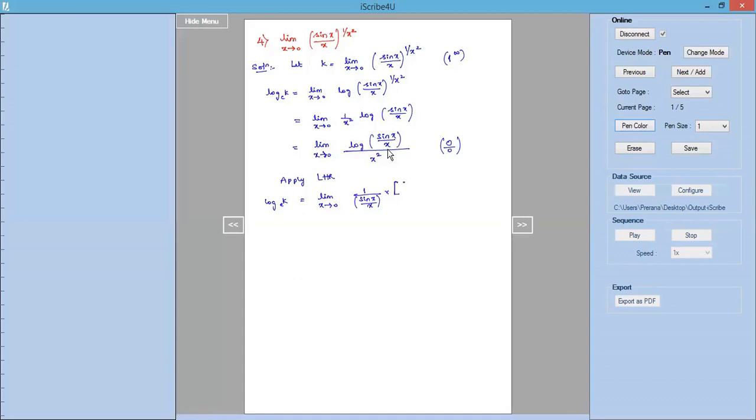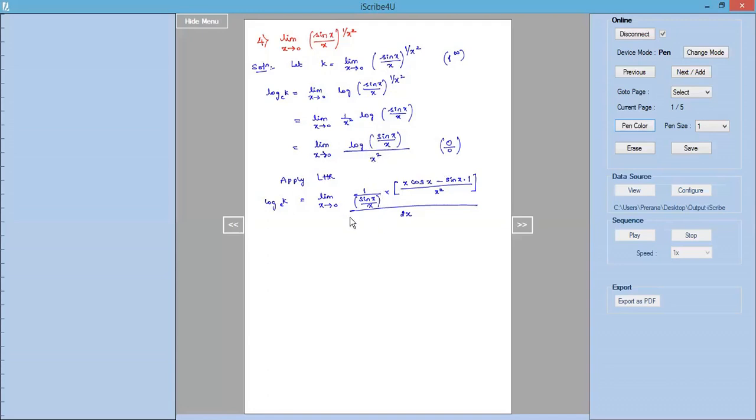So it is x into differentiation of sin x, cos x, minus sin x into differentiation of x, which is 1, the whole divided by x square. It is nothing but the u by v rule: v into differentiation of u minus u into differentiation of v, the whole divided by v square, and the whole divided by differentiation of x square, which is 2x. By the chain rule concept, we have got this sin x by x differentiation in the quotient form. Otherwise, for L'Hopital rule we usually differentiate the numerator and the denominator separately.